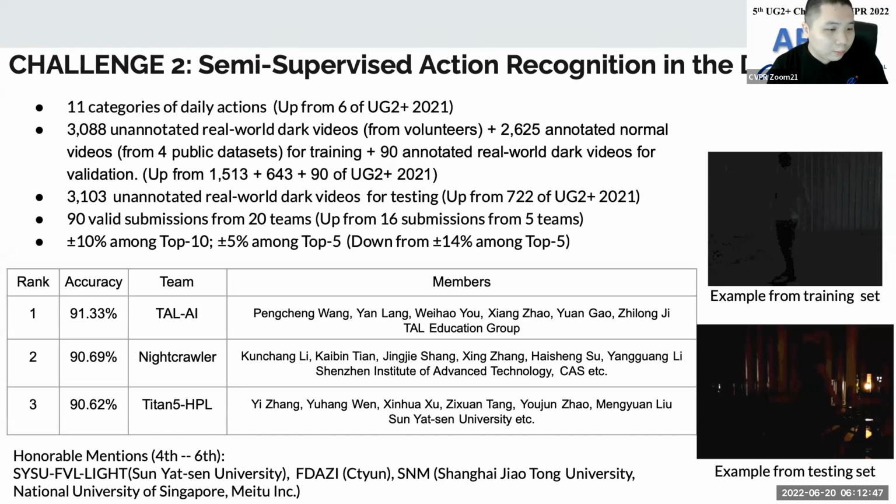And the third team is from Sun Yat-sen University, Titan 5 HPL. And due to the very close results, we would also like to honor the 4th to 6th teams, which are from Sun Yat-sen University, CT Yun, as well as a collaboration between Shanghai Jiao Tong University, NUS Singapore, and Meitu.